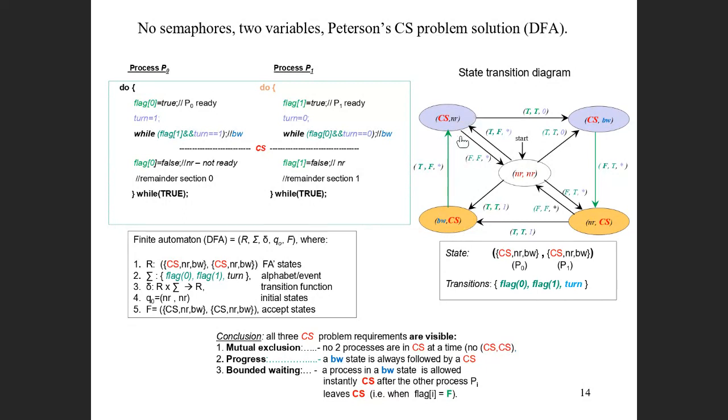So for instance, if we have the left upper state, critical section not ready, which means P0 is in the critical section, you can go, for instance, to the not ready state, and then back to busy wait critical section. So the second process P1 is busy. So they do not get stuck, and